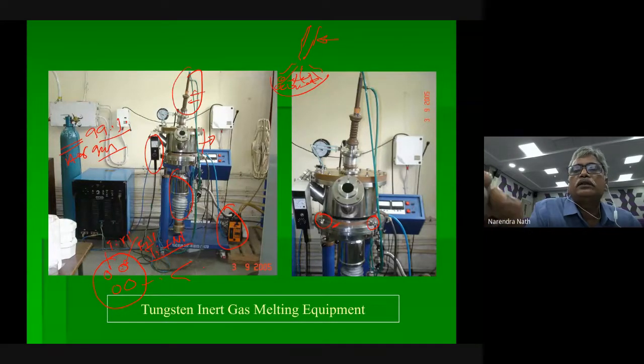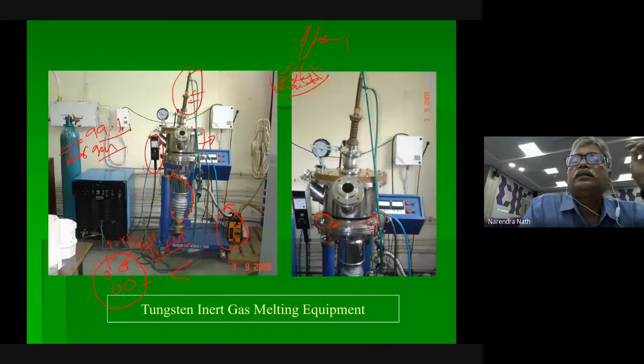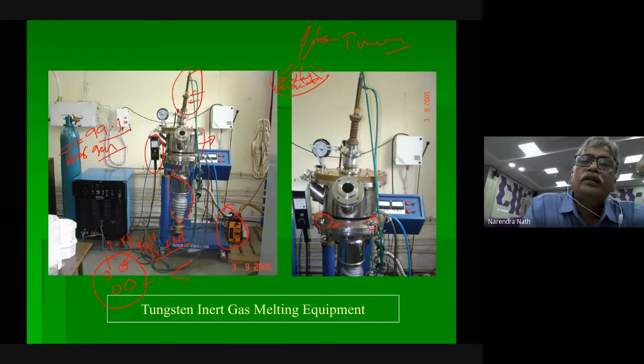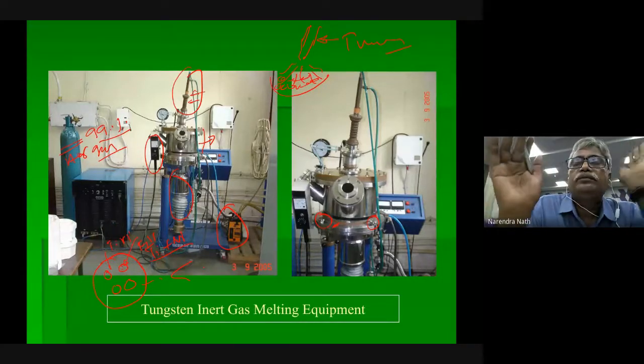So this is a tungsten rod, this is the tungsten electrode. Sometimes, if this tip comes and establishes contact, it becomes like our welding. It is sticking. Then you have to open it, then you have to take it out. Then that day is gone. So again you have to redo.